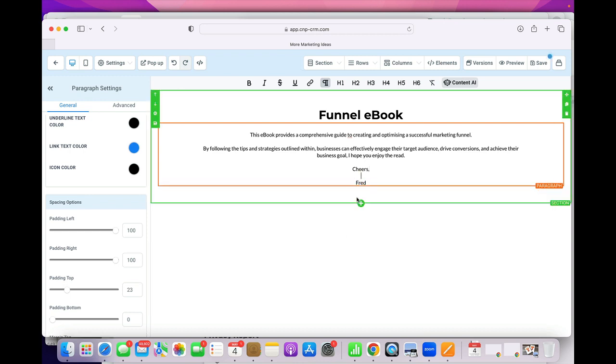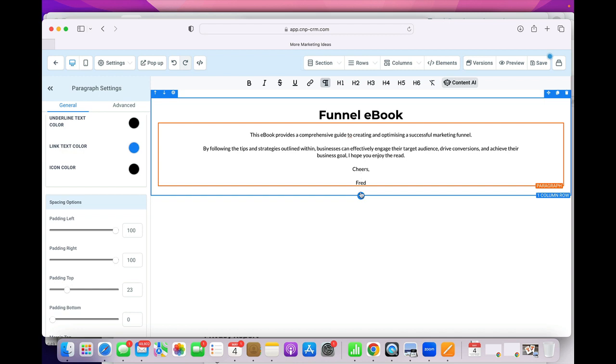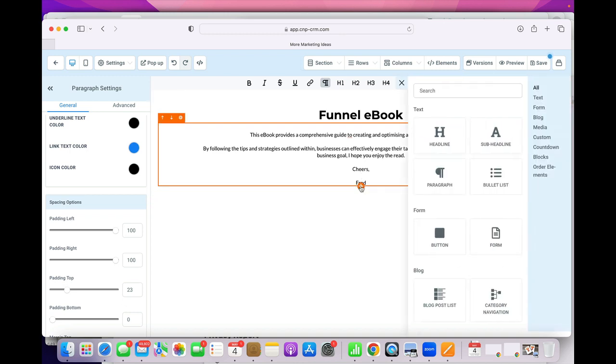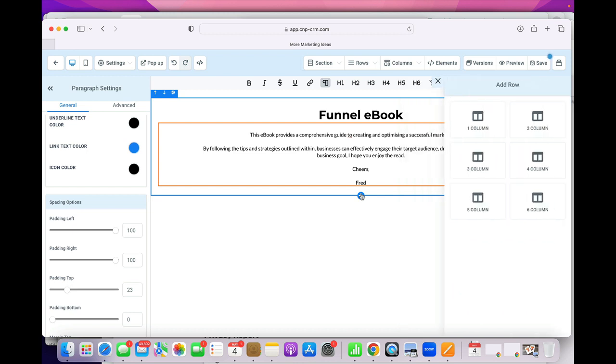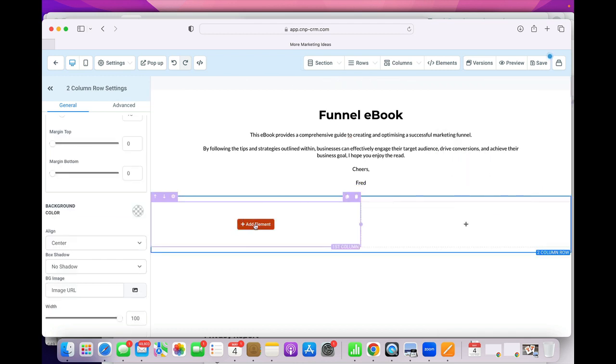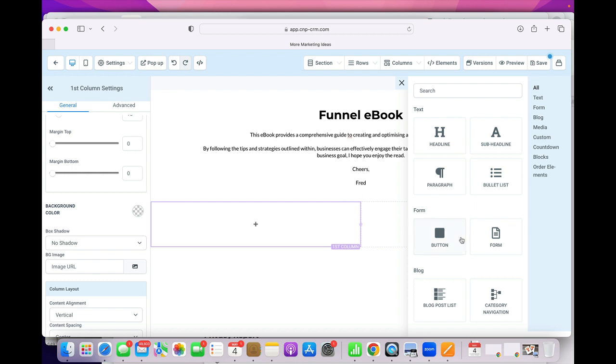Okay, now the next thing I'm going to do is I'm actually going to add 2 columns in the next section. So I go to the blue bar here, because if we look at this one here, it allows us to add headings and subheadings. If I move down to the bar, it allows us to add columns. So I'm actually going to go with 2 columns. In this section, I'm actually going to put the picture, right? And I'm going to select an